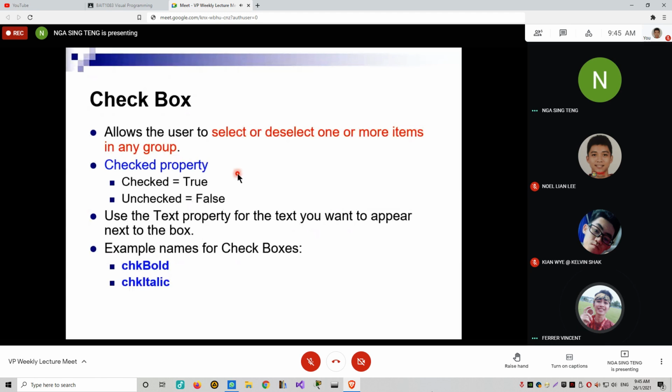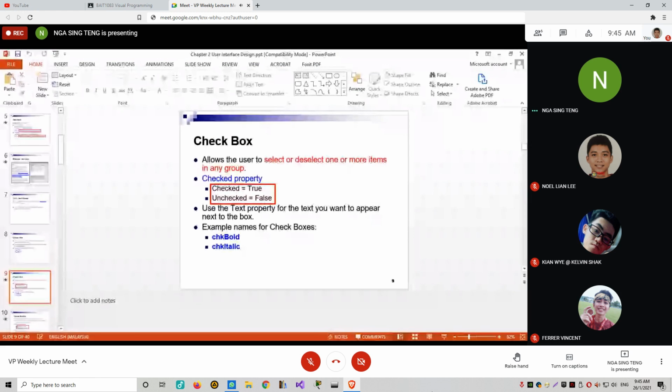Sorry, not clear. Oh, not clear. Hold on. The difference between checkbox and the